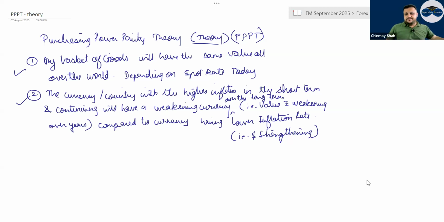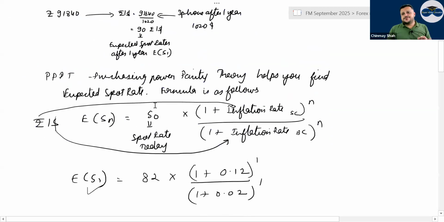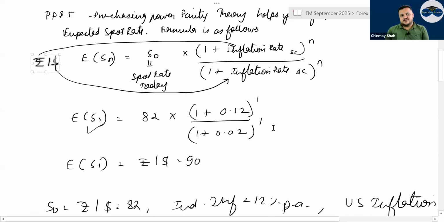Then there is a formula for triple PT which we derive in class. What is the triple PT formula? Triple PT helps you find the expected spot rate. Expected spot rate ES1, correct? ES1. S1 means what? S at 1 year, correct? S0 means what? Spot rate today, right? So spot rate today times 1 plus inflation rate of the secondary currency. This is how you remember it. In the numerator, you will have inflation of the secondary currency divided by inflation of the base currency, correct? ES1 is equal to S0